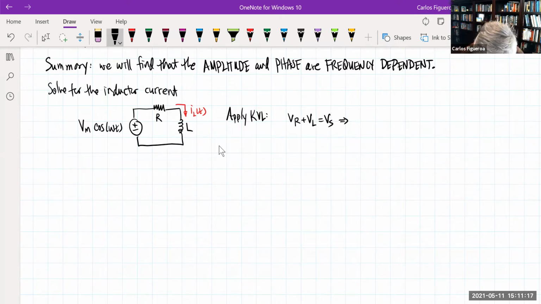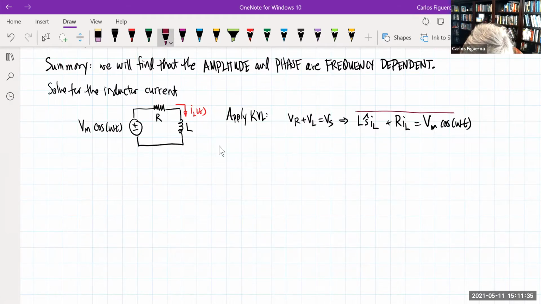This should tell me that, look at my inductor. My inductor should be L di/dt. And then I'm going to get R times iL. And then this guy is going to be some amplitude times cosine of omega t. So right away, I have my KVL equation right here. Now that I got that,